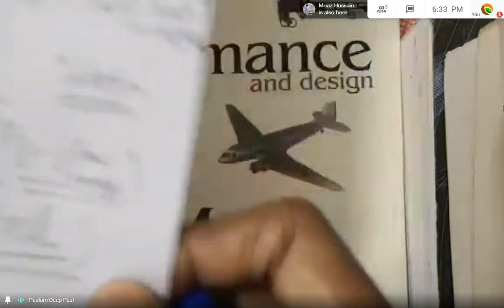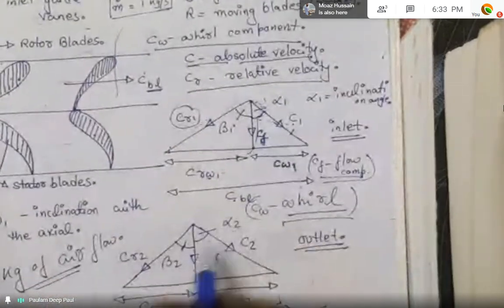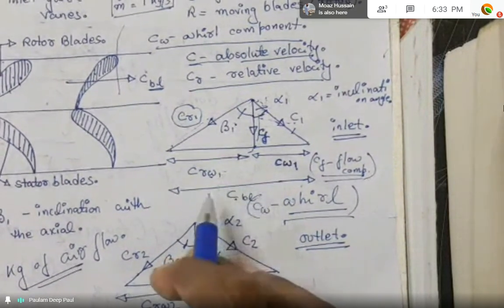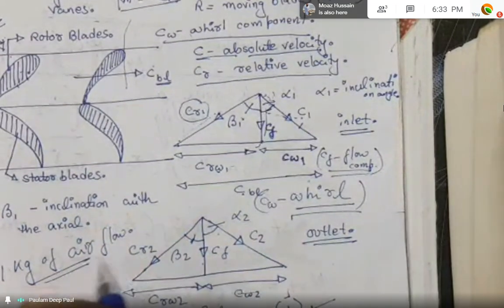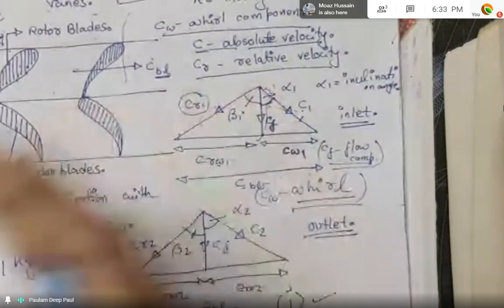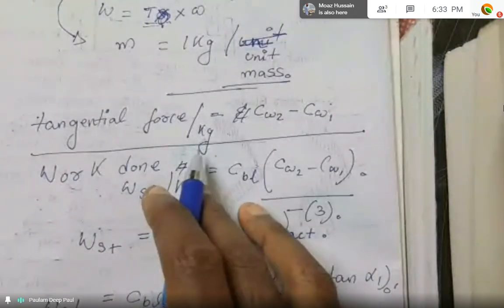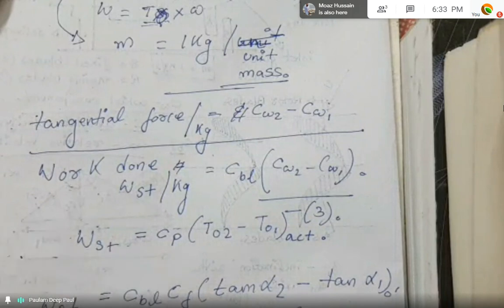Now, as we have stated earlier in this part, though I have drawn the velocity triangles and everything, we still need to know how much work we need to put into the axial flow compressor, so the compression of air takes place as the compressor will be doing the work on the air. So for that, we'll require tangential force per kg of air. We require the work done,